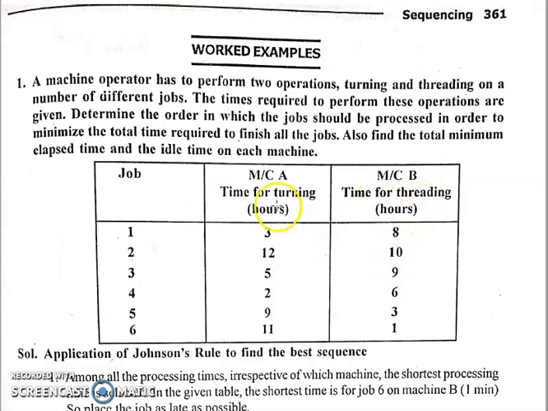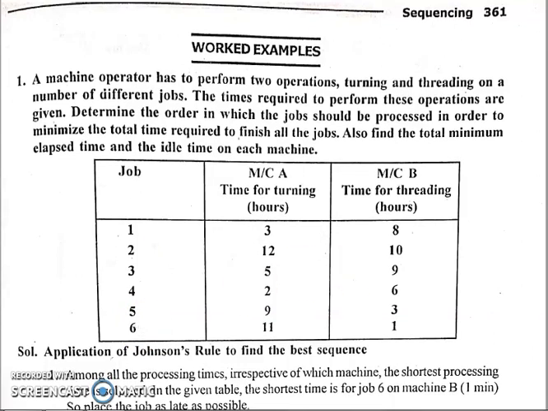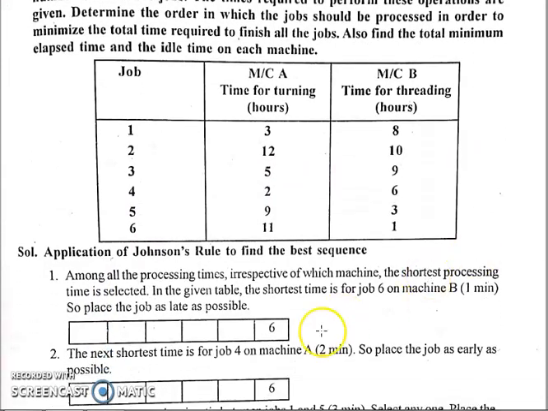So here this is machine A, which is on the left hand side, machine B on the right hand side. Suppose if the minimum processing time is obtained on machine B, that particular job you have to do as late as possible, or keep it on the right hand side. Fine. See here, they have kept job number 6 as late as possible, or at the last, or on the right hand side, whatever you can remember. Fine. So now this particular thing is over.